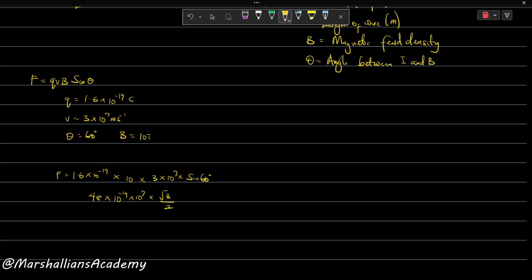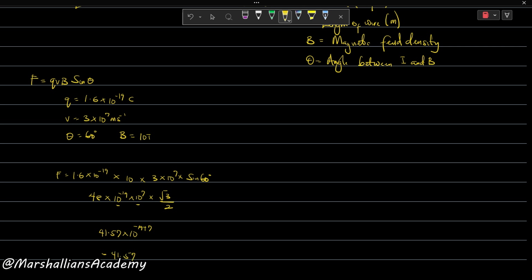So I have 48 times root 3 over 2, we have 41.57. I have 41.57 times 10 raised to power minus 19 plus 7. Look at it, this is law of indices. You should know this from law of indices: the same base and this is multiplication, so we turn it to plus. So which gives us